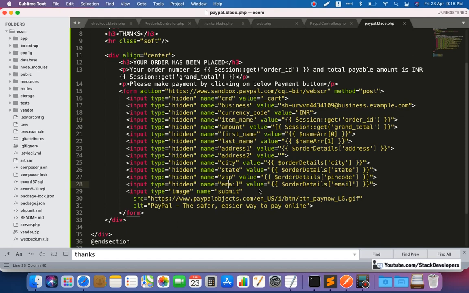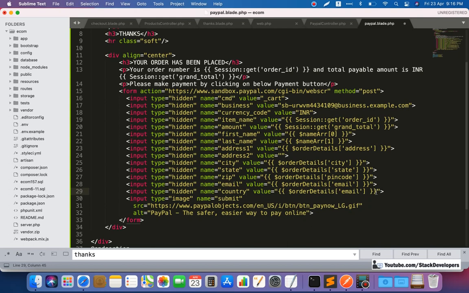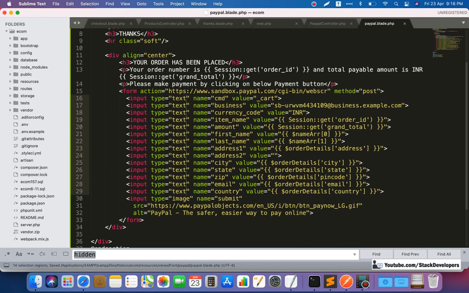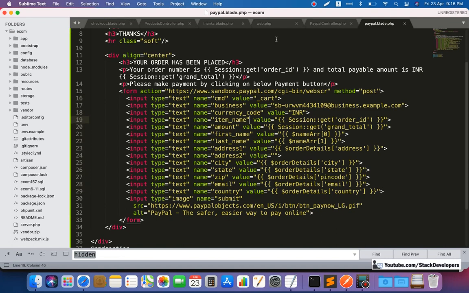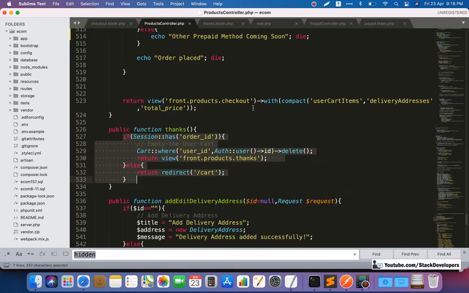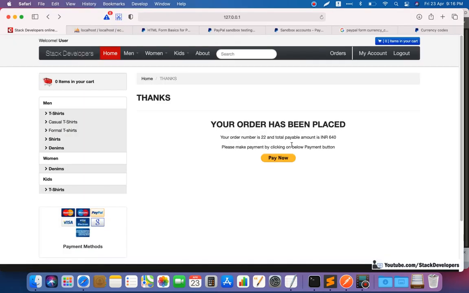And after that, country we will add as well. Country also we are going to add like this. So we can do one thing here, we will make it test. Okay, we need to check whether the form is working fine, all the fields have been filled or not. Okay, so let's see, go back. And one more thing we can do, we will not empty the cart right now. See this one, we will not empty after placing the order, so that we can place the order again. Okay, we are able to make the changes.